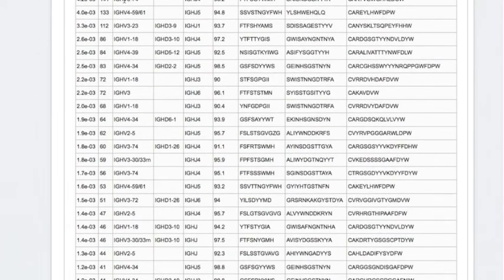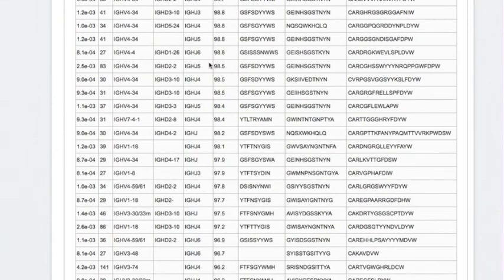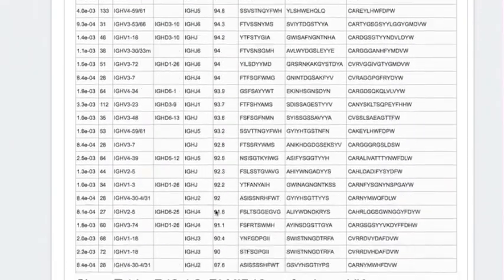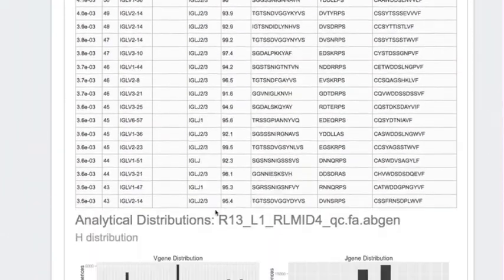When I look at their individual antibodies, I can find a tabular layout of the most enriched antibodies, so these are the things that had expanded most in their immune system most recently, the percent germline identity of all of those clones, and the translated CDRs. By clicking around here, I can look at the most conserved to the most mutated molecules. When I compare this healthy twin to one of the afflicted twin members,